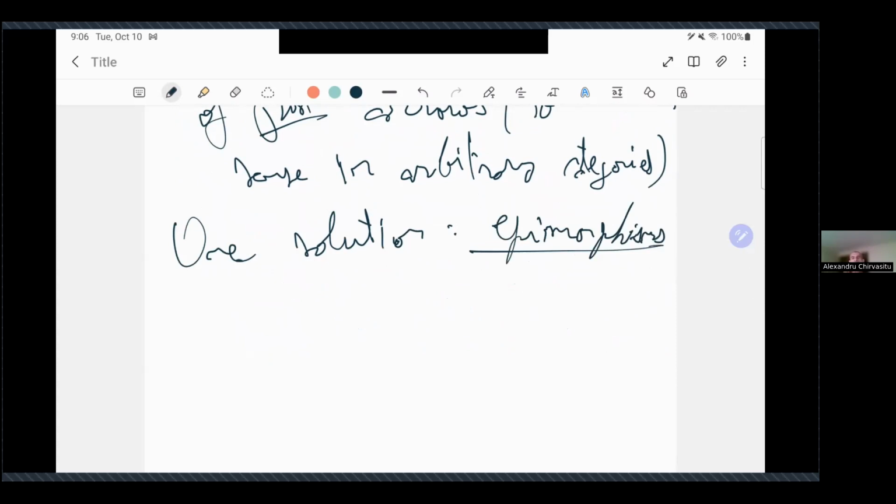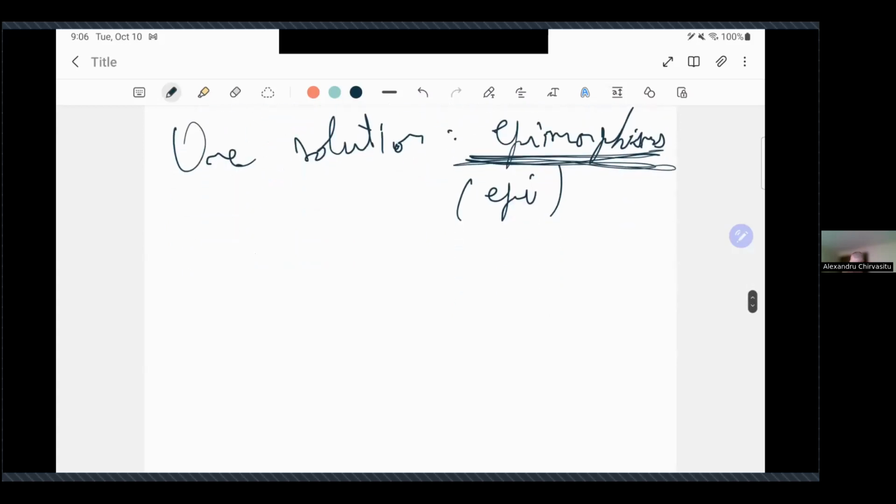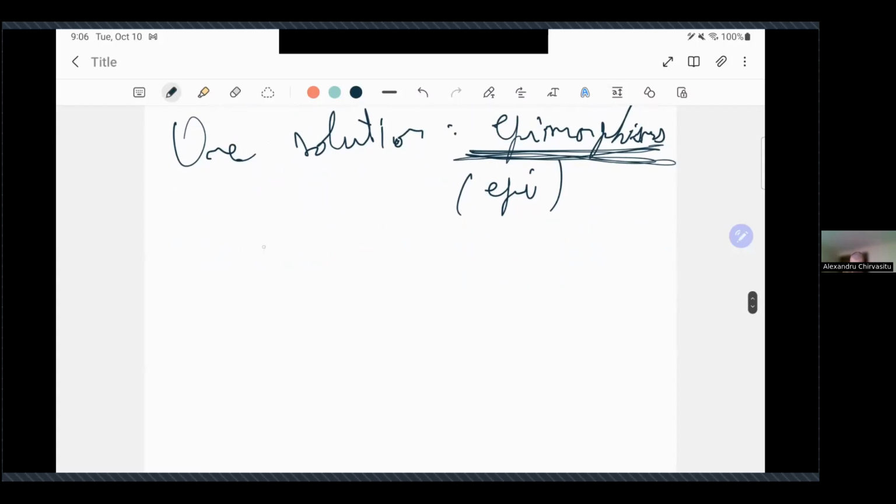And the epimorphisms are the epis of the talk's title. Sometimes instead of saying all of this, it's a bit long, people just say epi. So when I talk about epis, I mean these guys. So let me just define what these are. You say that an arrow